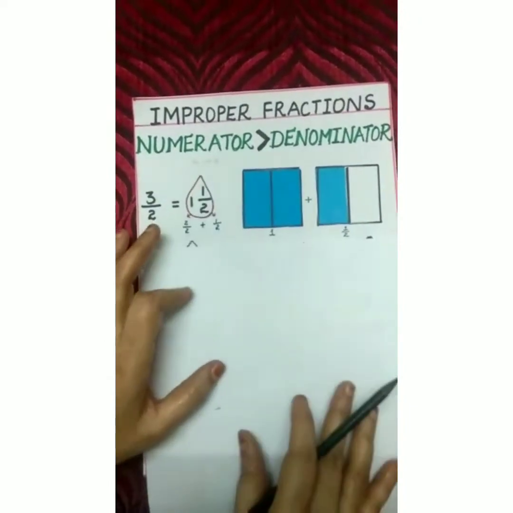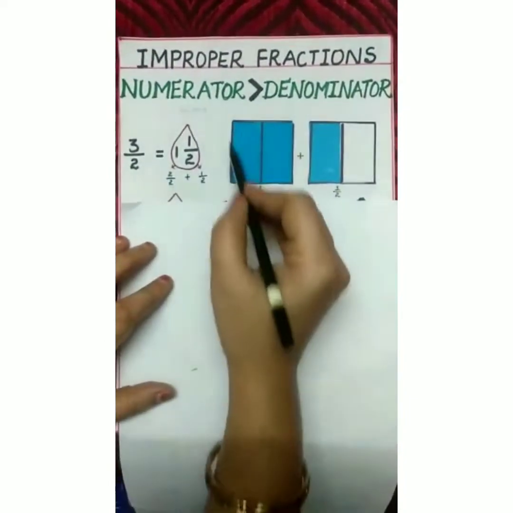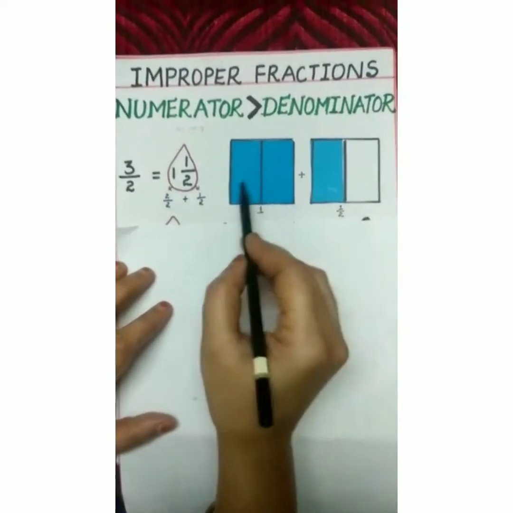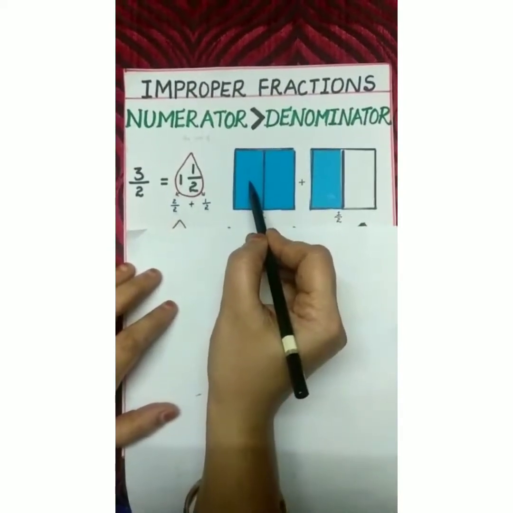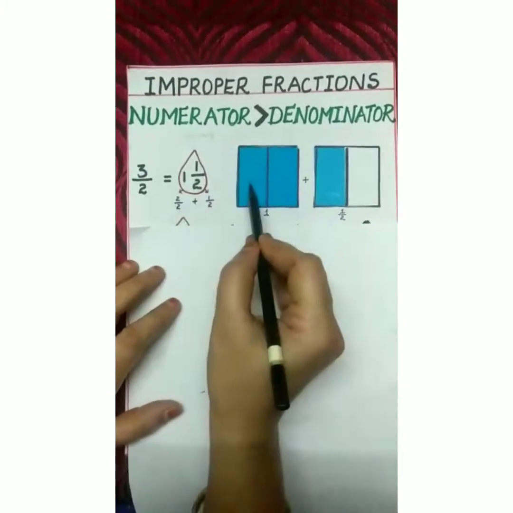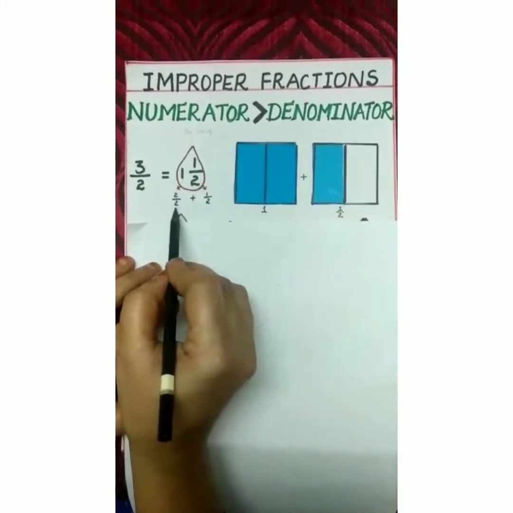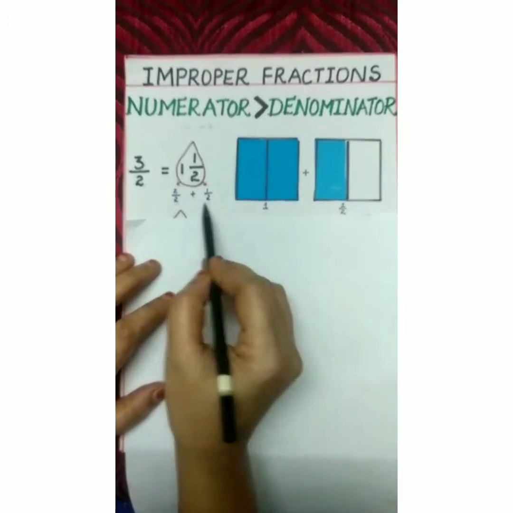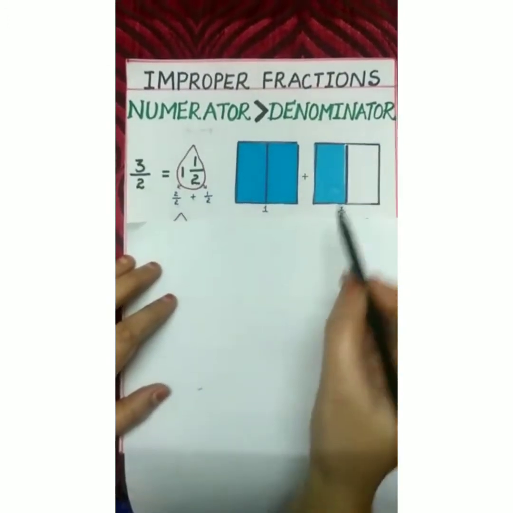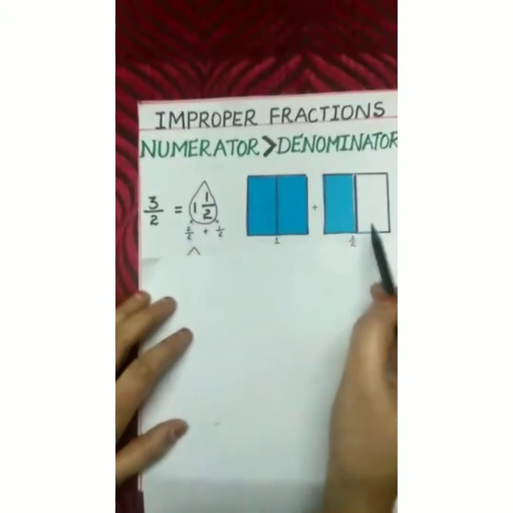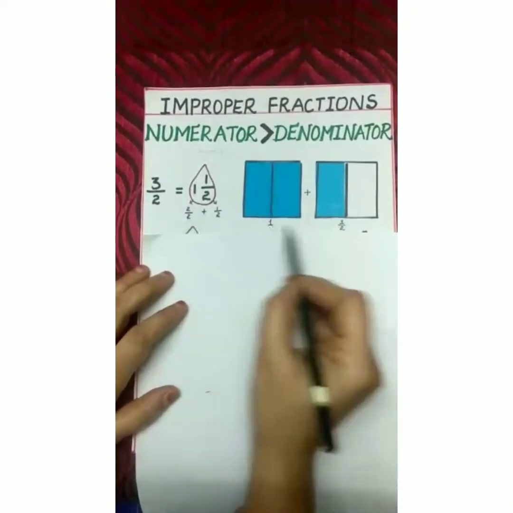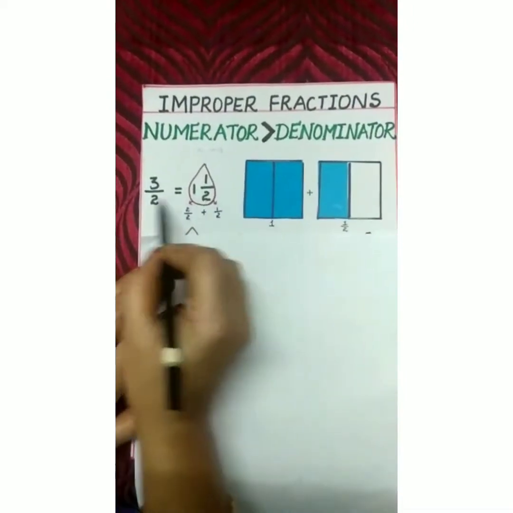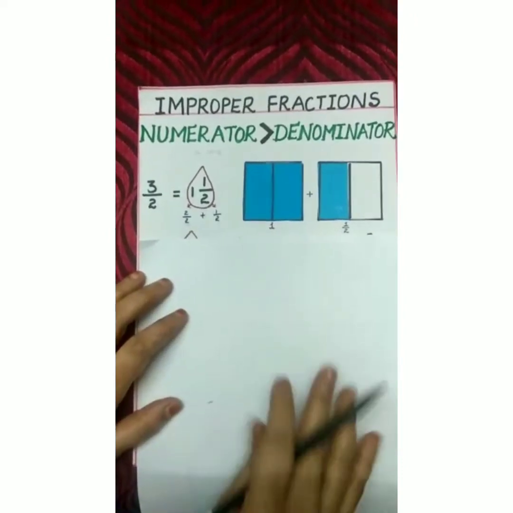Now how to represent through pictures here? Take the whole part, divide it into 2 equal parts where each part represents 1/2. This is 1/2 and this is 1/2. How many 1/2s we have? 2. So 2 by 2 plus 1/2 means take the same figure and divide it into 2 equal parts. Select one part which is 1 by 2, where 1 plus 1 by 2 is 1 1 by 2, which is equal to 3 by 2.